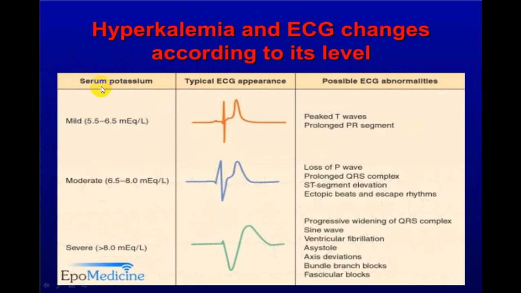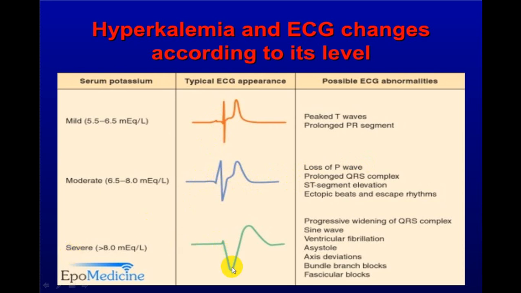So you can see here, as the potassium level increases, initially see the QRS complex. Now this QRS complex is becoming wider. P wave which was present here disappears, and there is loss of P wave. QRS complex is becoming wider. ST segment is slightly elevated. Slowly, what happens? There is no P wave at all.